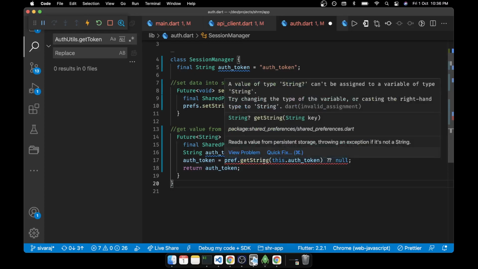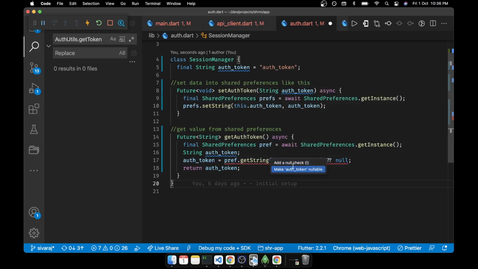Here what is the problem? The value of String? cannot be assigned to a variable of type String. Okay, add null check maybe.